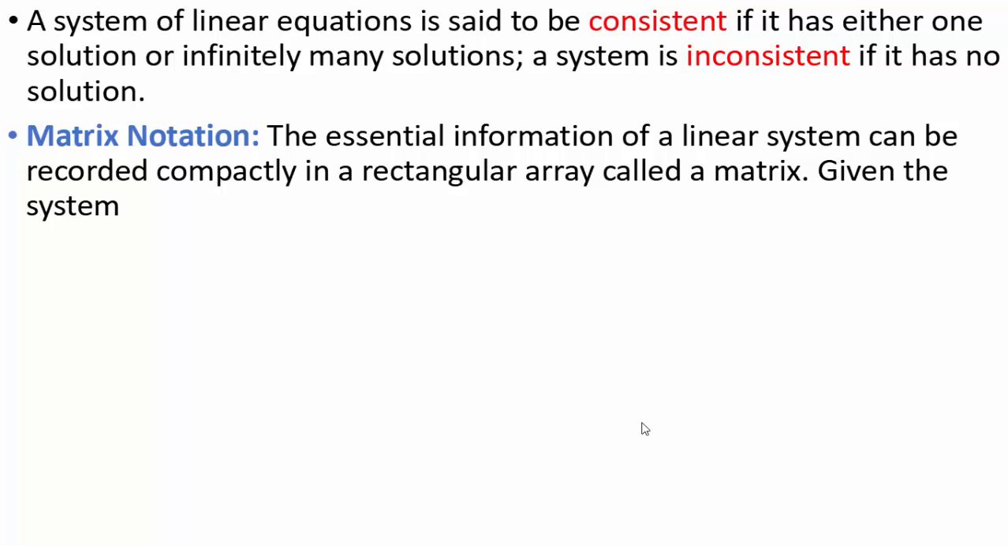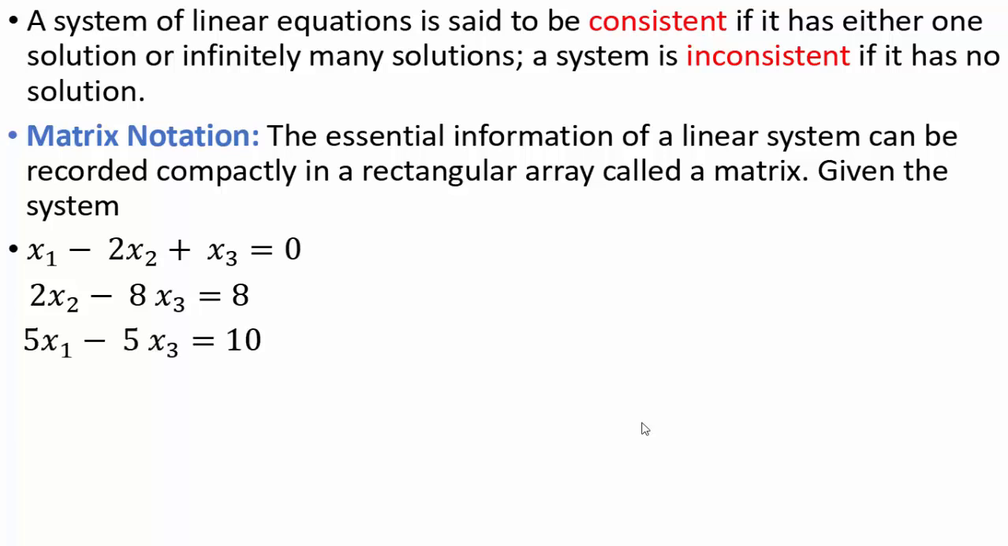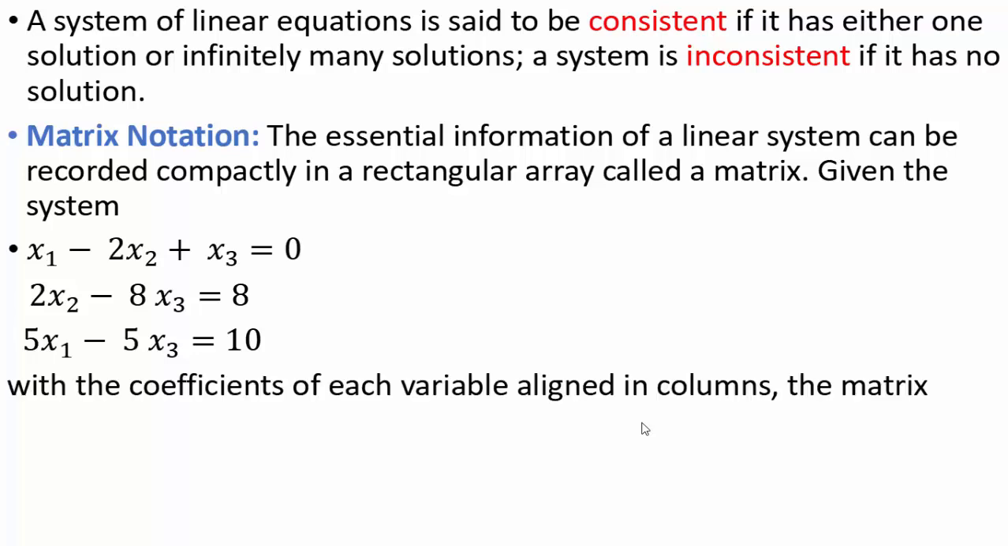For that, what is a matrix notation? The essential information of the linear system can be recorded compactly in a rectangular array called a matrix. We shall write the coefficients of equations in matrix form. For the given system, x1 minus 2x2 plus x3 equal to 0, 2x2 minus 8x3 equal to 8, 5x1 minus 5x3 equal to 10, we shall write the coefficient of each variable aligned in a